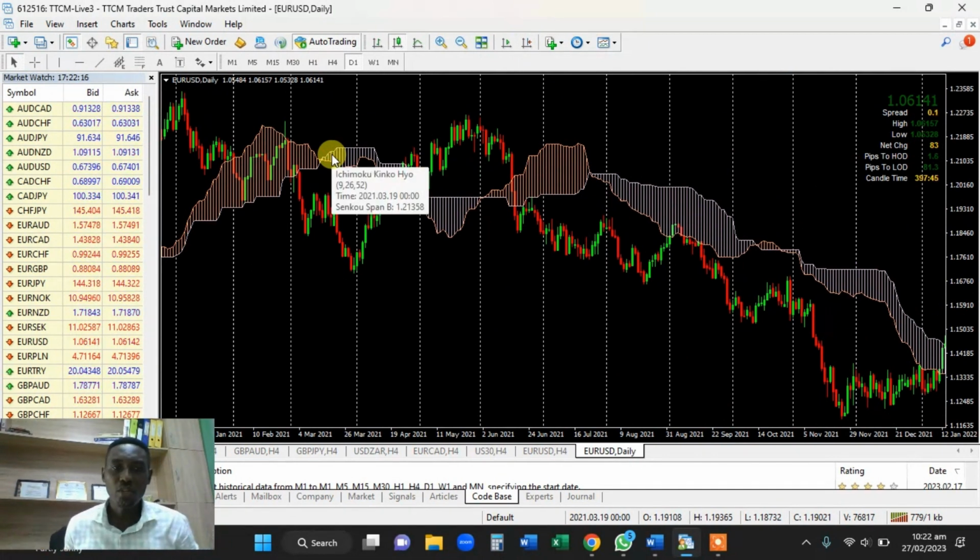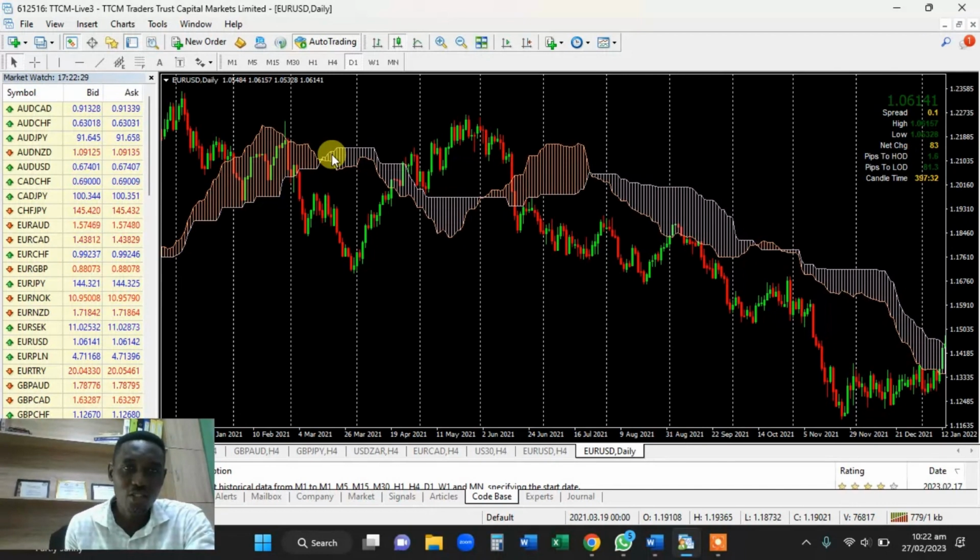So as an Ichimoku trader, as soon as you are approached by anybody, by your trading coach or your floor manager, what's happening? Is the market up or down? It's up, it's down, there's indecision. You can quickly tell. You don't need extra lines, you don't need extra Elliott wave drawings, you don't need any other thing. You can literally tell where the market is going by just looking at the cloud. So it makes it so easy for you to see what the market is doing.